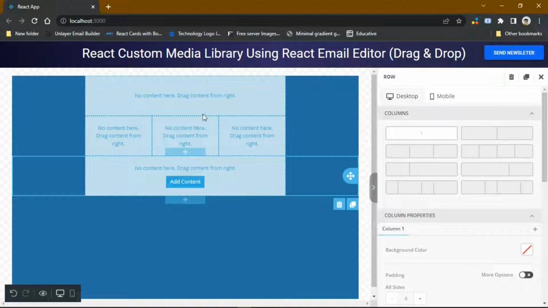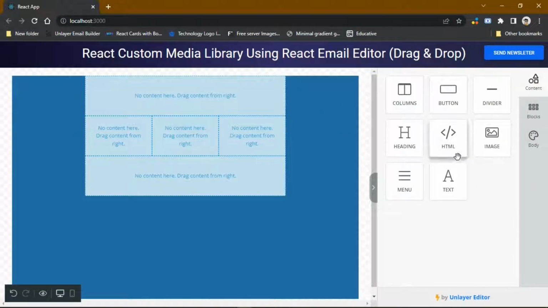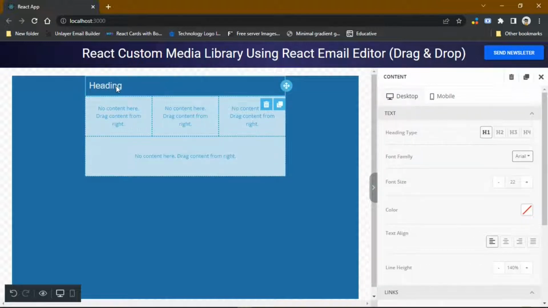But what if you want to add content? Just select any of these blocks and then click on add content. Once you click on add content, you'll be able to see different kinds of content that you can add. Supposing we want to add a heading, we can just hover over heading and drag heading here. Once you drag heading, you can see that it has been selected, and we can edit this heading. So we can say React email